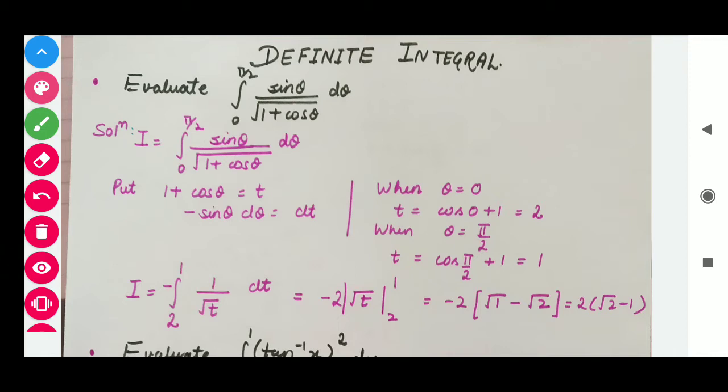So students, in this topic you have learned a new thing, that when we apply the substitution method, then limits must be changed because of the change of variable. So next question is